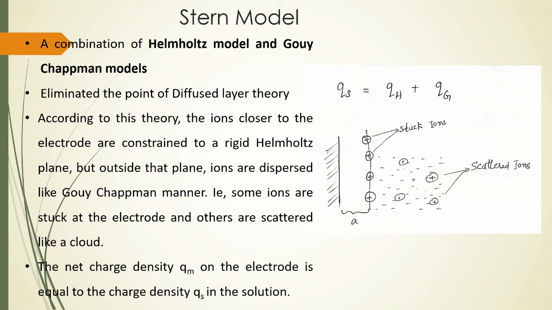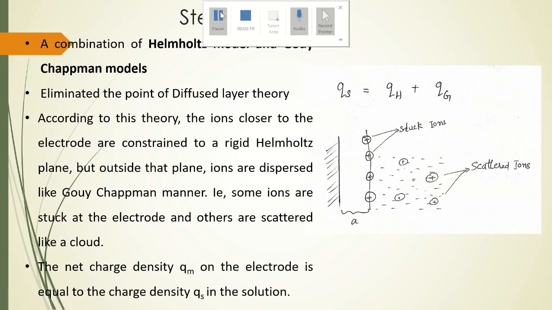So you will see there will be two planes, one plane formed by the stuck ions on the surface of the electrode, and the other plane formed by the diffusion of ions. So what will happen is another potential will arise. Under all these conditions, the interface as a whole is electrically neutral, and you can see the equation for the Stern charge Qs. You can explain this equation in another form: the excess charge density in the solution will be the sum of the charge density in the Helmholtz plane plus the charge density in the Gouy-Chapman plane,